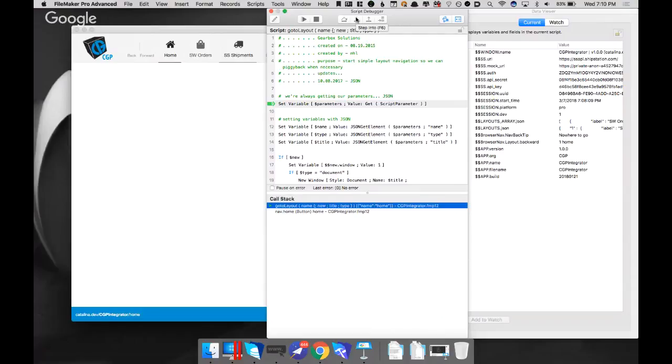The first thing I do is I get my script parameter and I put it in a variable called parameters. So there it is. And you can see right now we already have our nice, clean, simple JSON. And then